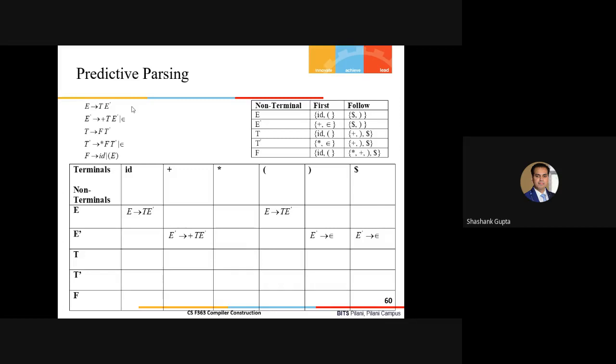So it means, at the starting point, we have to calculate now follow of E dash here. Why? Because we have already explained this. Let's say, suppose, when we are deriving this particular string, something is coming like this. Suppose I'll remove also this guy here, and this is my last of this thing here.